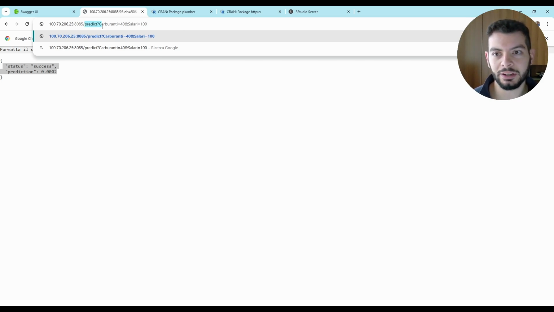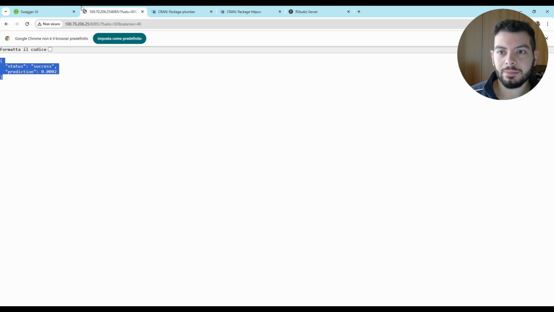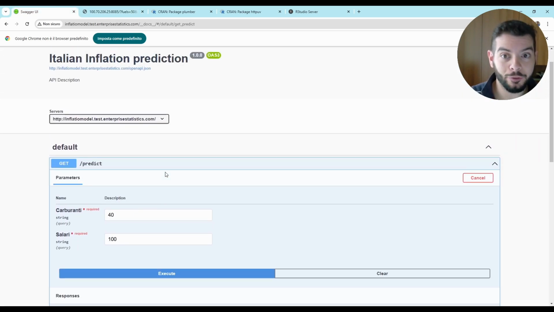We don't have the predict endpoint, but it's not a problem. And we have the same body. You understand that, superficially speaking, this version of statistical service is lighter than this one, because of course here we have, for example, a graphical user interface.